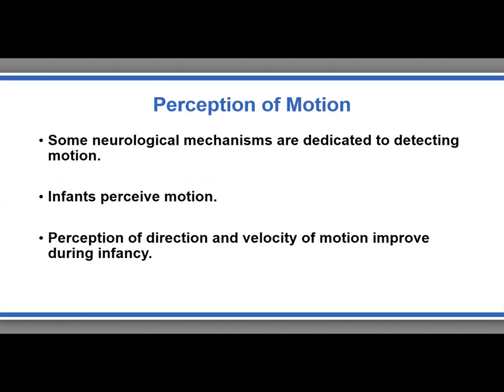Some neurological mechanisms are dedicated to detecting motion. Infants perceive motion. Perception of direction and velocity of motion improves during infancy. So again, I could throw a ball to a baby or roll a ball to a baby. Let's do that. Throwing a ball at a baby would be kind of mean because they're probably not going to catch it. So say you have an infant that can sit up and you roll the ball to them, right? They see the ball coming. Now, if I roll it at different speeds,